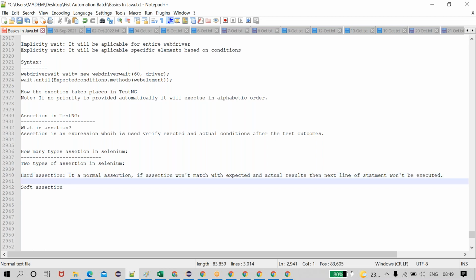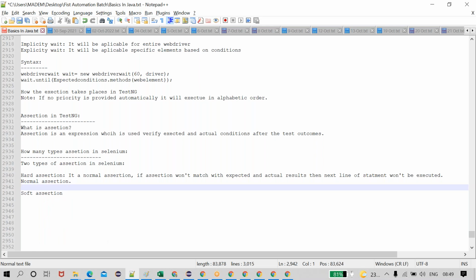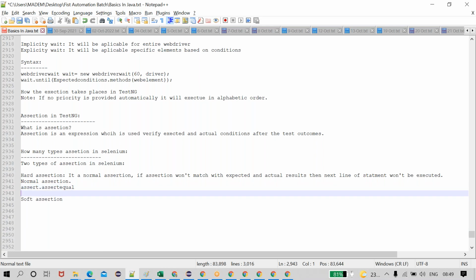Okay, there is no specific syntax. A hard assertion is nothing but a normal assertion. Okay, normal assertion: assert dot assertEquals, assert dot assertNotEquals.